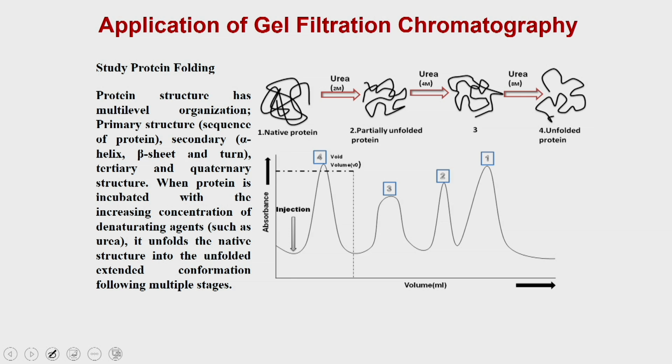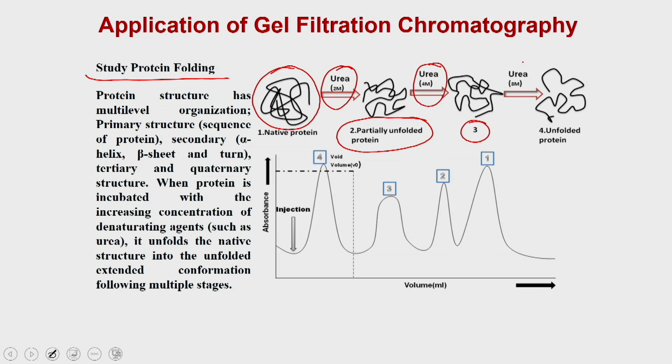Now, next, you can study protein folding by gel filtration. You know that once it is generated as a small extended conformation, it gets into the native conformation, which gets folded, and then it rearranges all the amino acids. If you put it under denaturing conditions such as urea, at 2 molar urea it is going to be a partially folded protein. At 4 molar urea, it is going to be unfolded further, but at 8 molar urea, it is going to be completely unfolded, which means this is going to be the extended conformation.